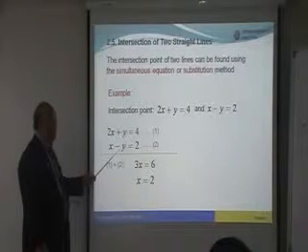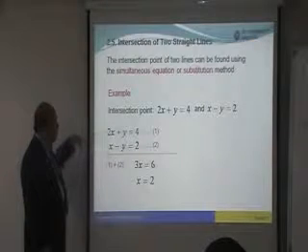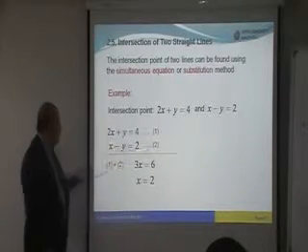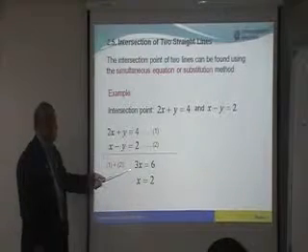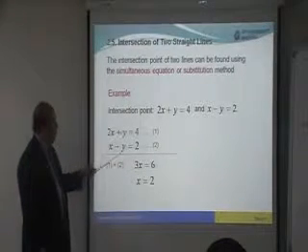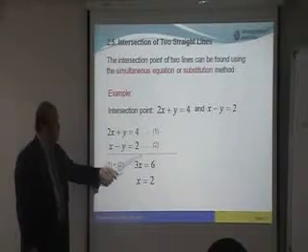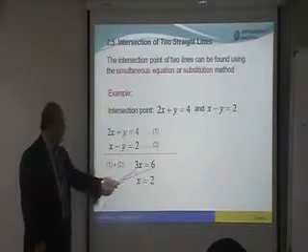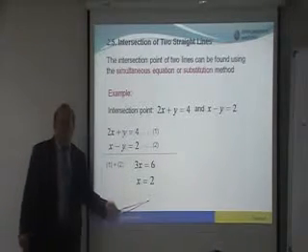So how to cancel y? If positive and negative, what do we do? We add these 2 equations. So equation 1 plus equation 2. Alright, so you get 2x plus x, you get what? 3x, then y plus negative y, 0, habis. Then on the right side, 4 plus 2 you get 6. So 3x equals 6, x equals 6 over 3 equals 2.